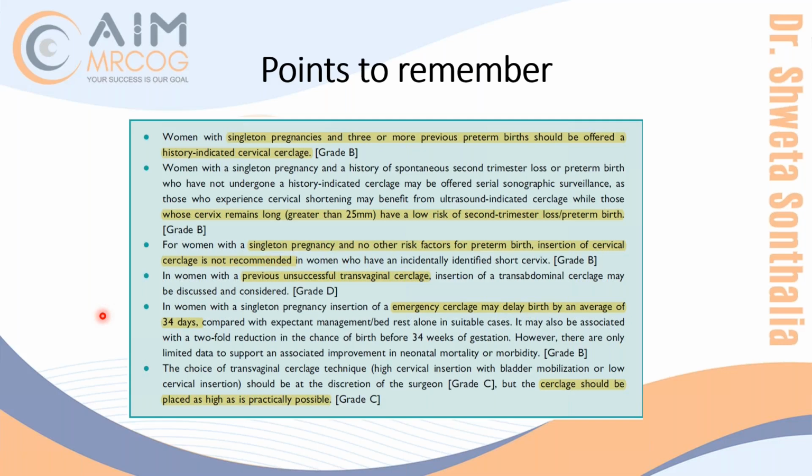And the other, if you do it in pregnancy, at what weeks will you do abdominal? 11 weeks, ma'am. Very good. So if you do it, 11 to 14, because 14 will be a little late. You don't want to wait. If a history indicated cerclage, you are going to do it between 11 to 14. Don't forget that. This is the time to do it because you don't want to take any risk.